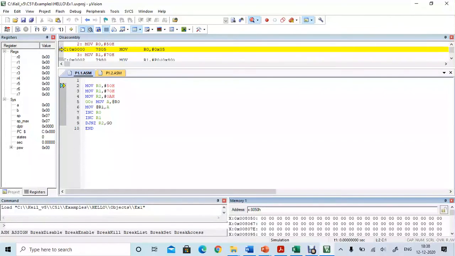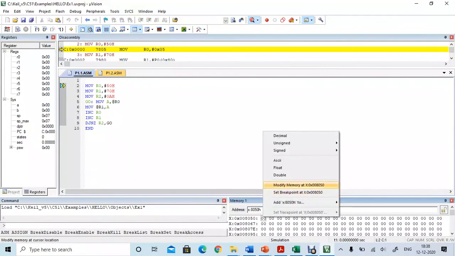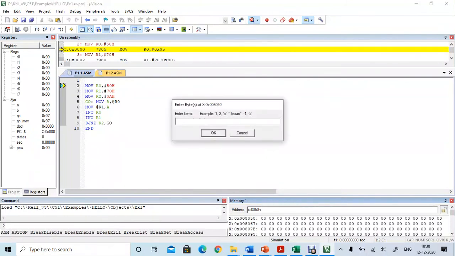Now in the 8050 location, first location I will click on it, right click, modify memory at that address. Now I will give the input in a single stretch to the 5 locations, separated by commas.